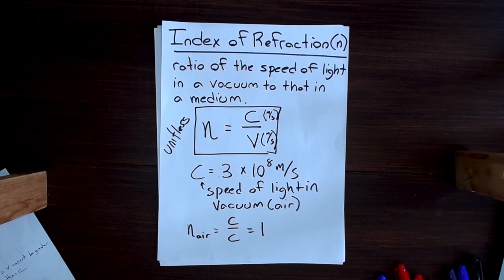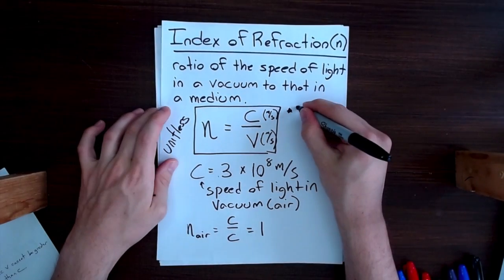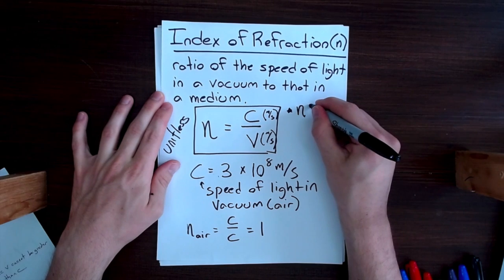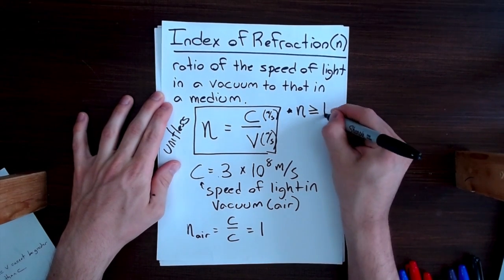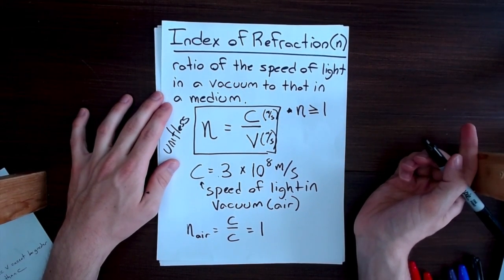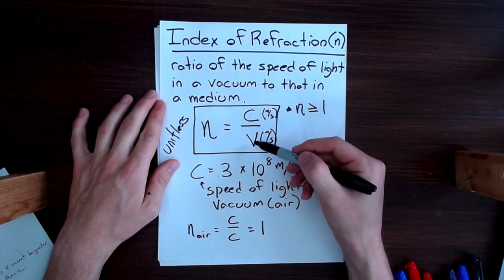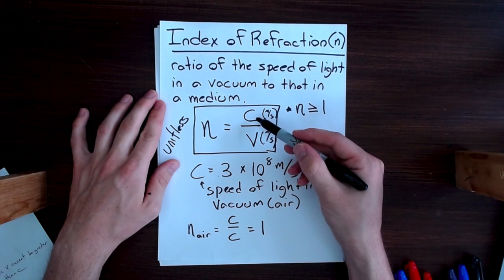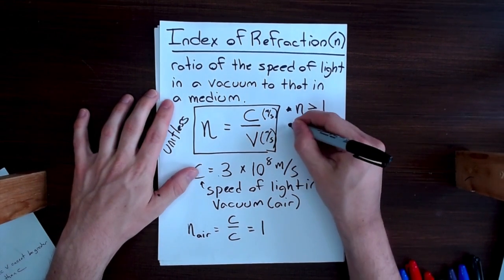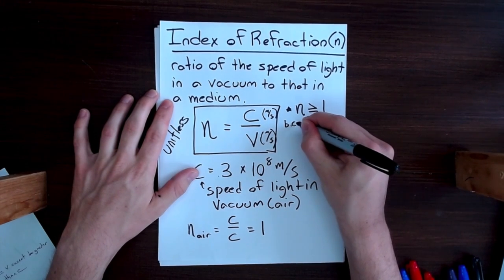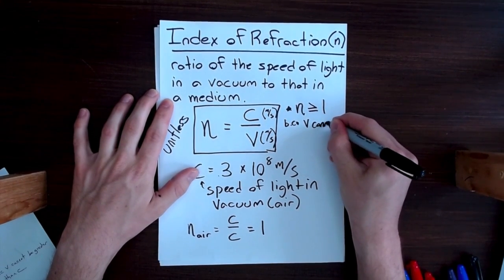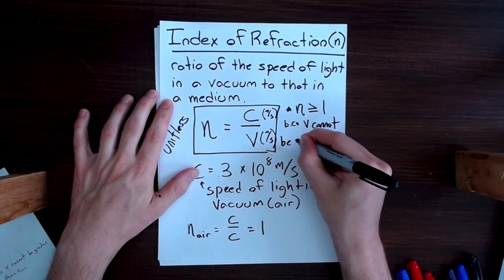The next thing is that n will always be greater than or equal to 1. It can never be less than 1, because for it to be less than 1, v would have to be greater than c, right? But v can never be greater than c. So I'll put because v cannot be greater